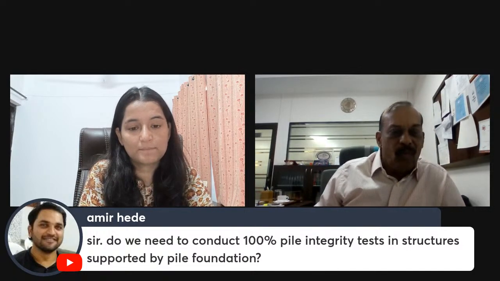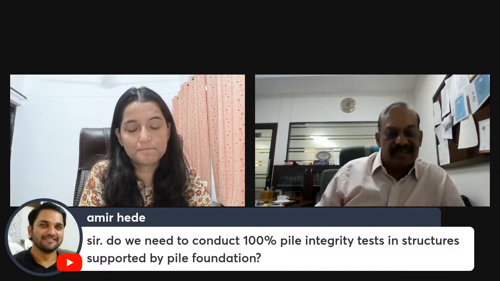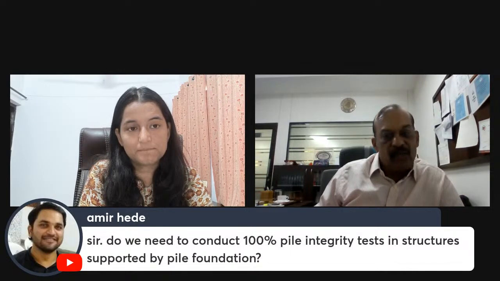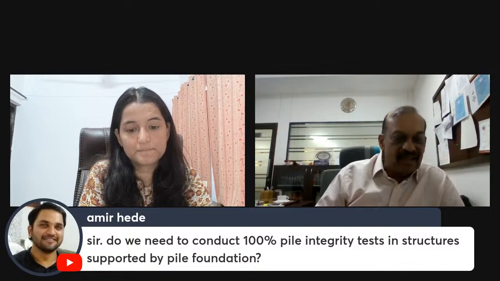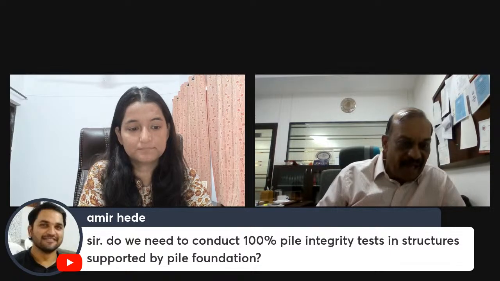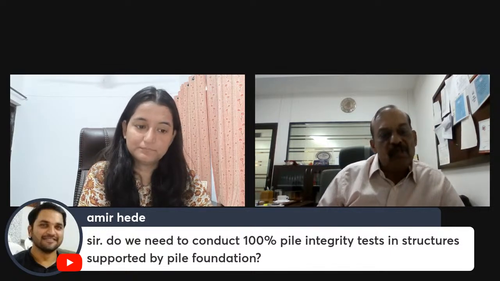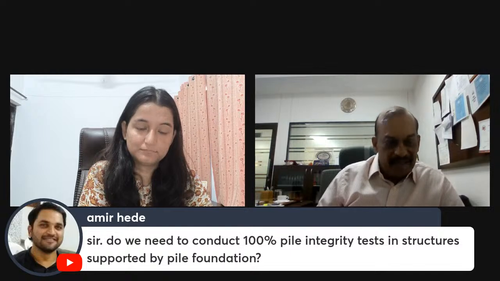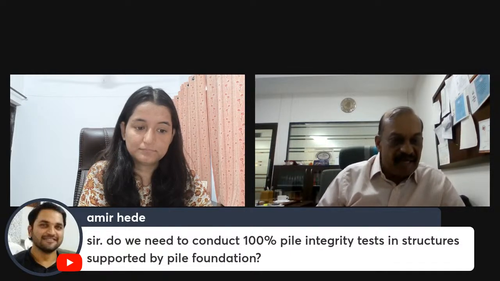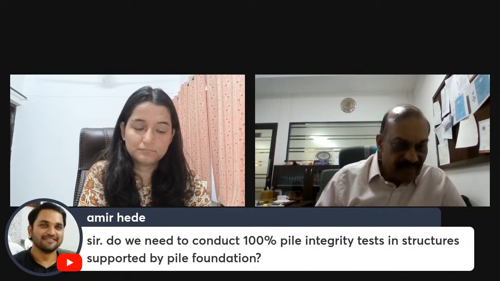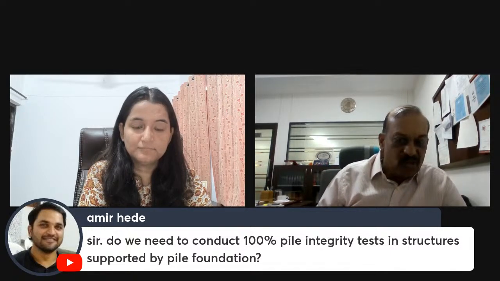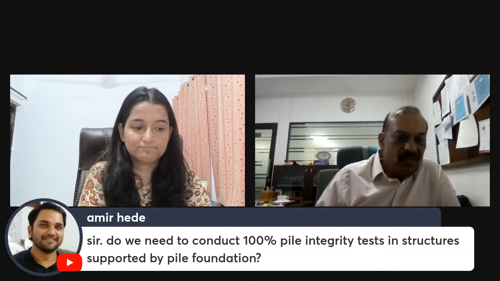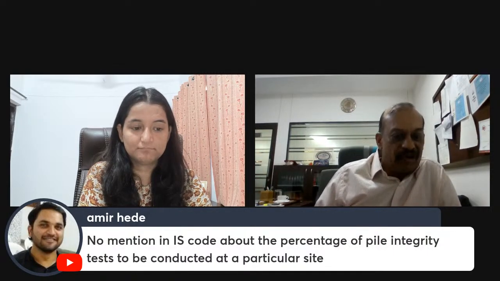Secondly, after examining the results of the pile integrity test, you should identify the few piles which look to be the weakest. If you can conduct your routine load tests on those piles, and if those piles pass, then you are confident that all the piles are safe, because the weakest pile is safe, so all the piles are safe. So that would be a quality assurance.